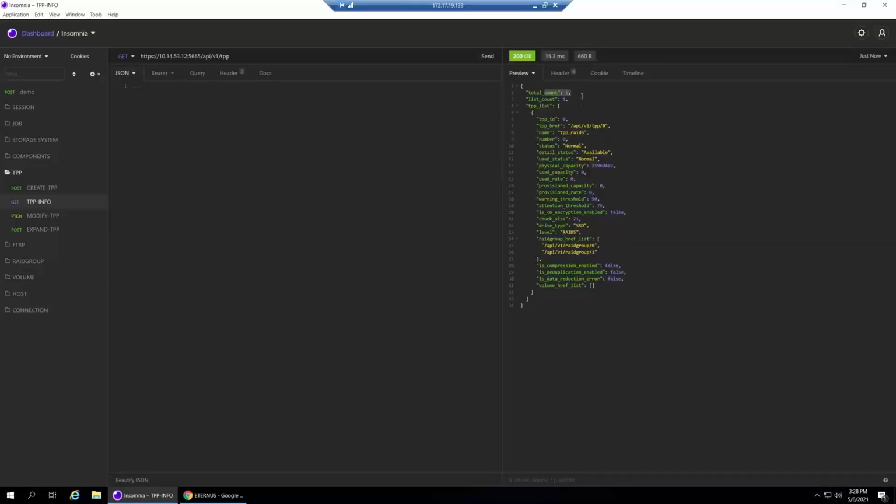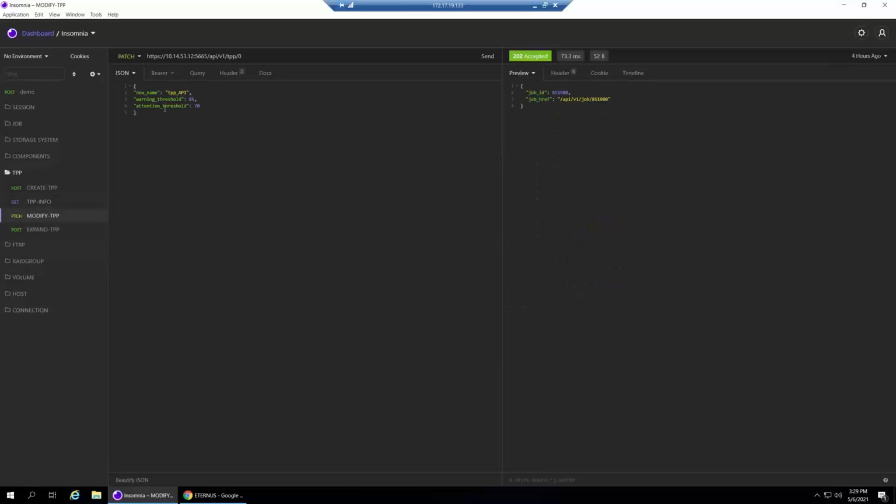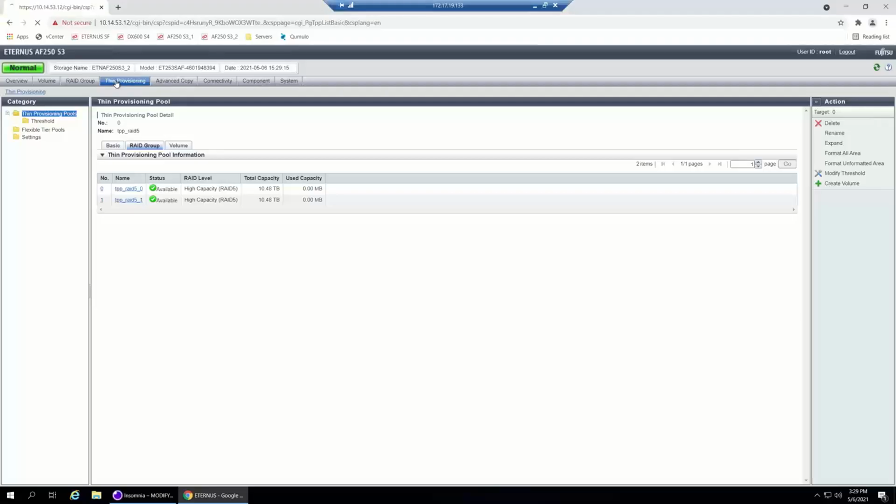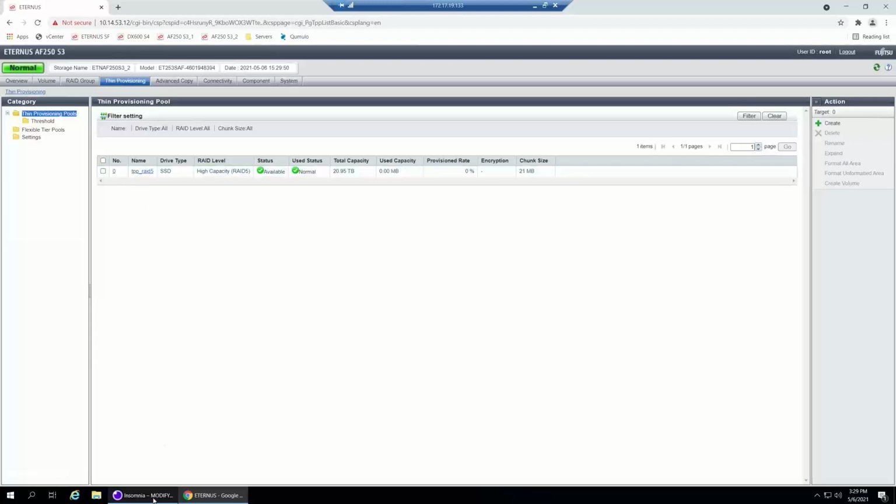Yeah, we've got one thin provisioning pool which has the ID of 0. This is the name, this is the status, this is the capacity, and so on and so forth, the chunk size. This is all what you can see and modify. Okay, so the thin provisioning pool is called right now